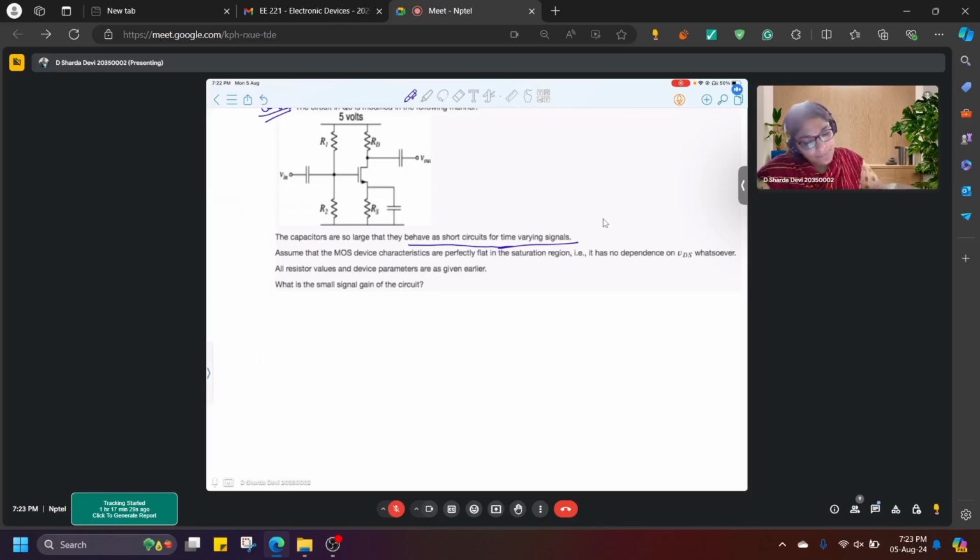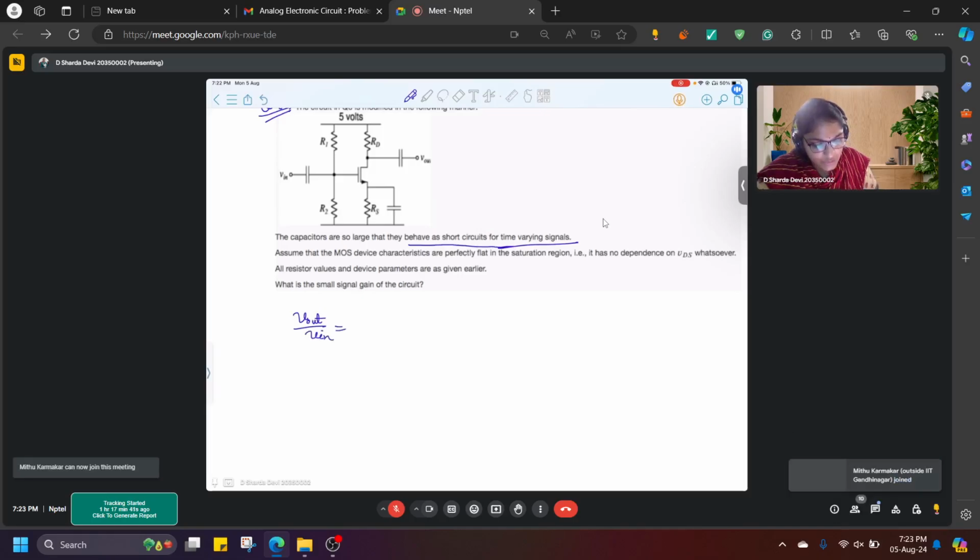So here it is mentioned that you have to consider small signal gain, meaning small signal input versus small signal output. So that is Vout by Vin is what you need to find out. Small signal means AC. So here this particular capacitor will be shorted, this will be shorted, this will be shorted. So the resultant circuit will look like R1,